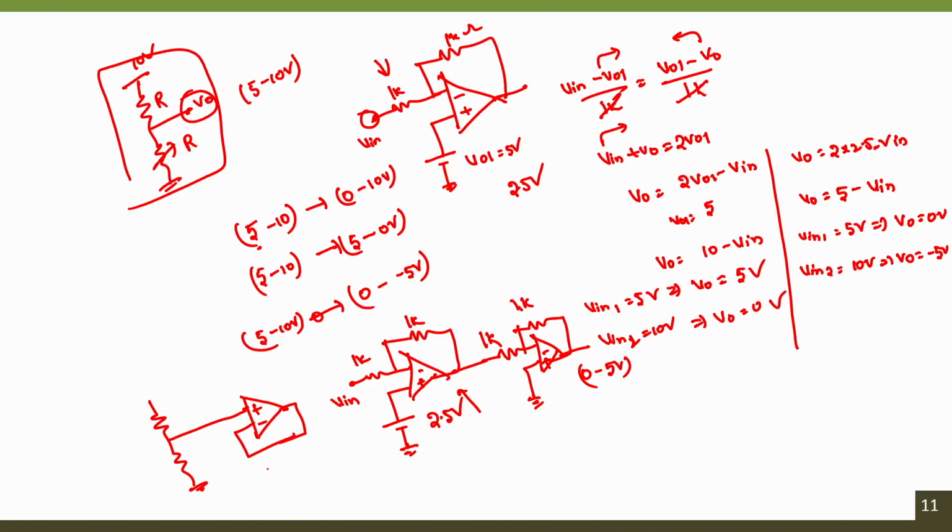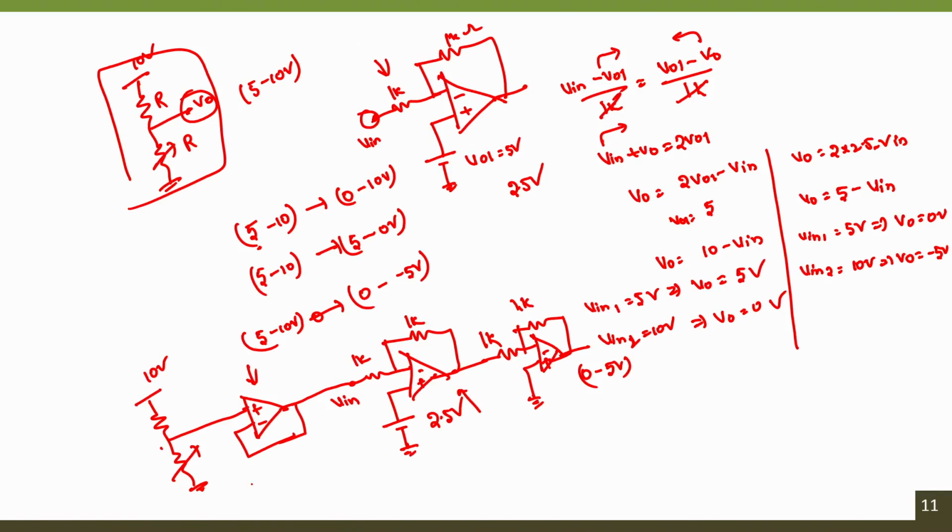If you look into the data sheet, it will be somewhere around 10 mega ohms or even more, depending upon the IC that we have considered. Then the output can be directly connected to it. So, this solves the problem of input impedance. At the same time, the offset generated by this resistive divider network circuit can be completely eliminated with the help of another two operational amplifiers.